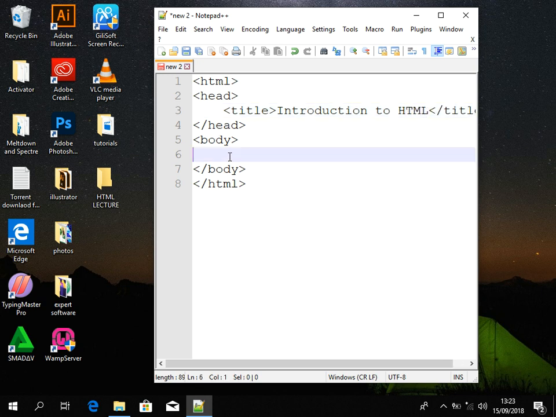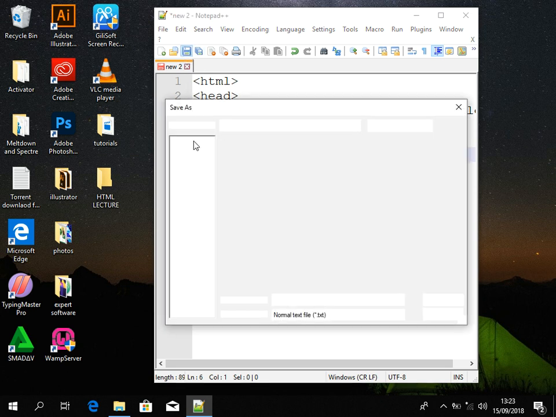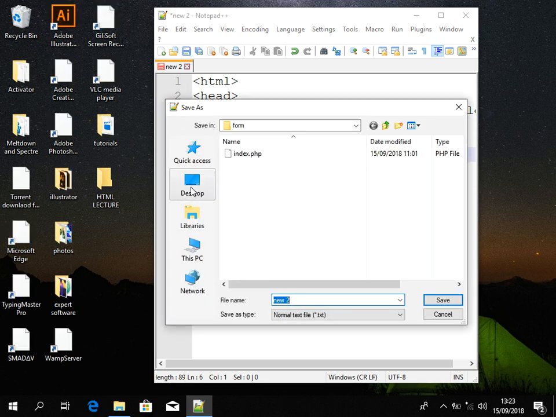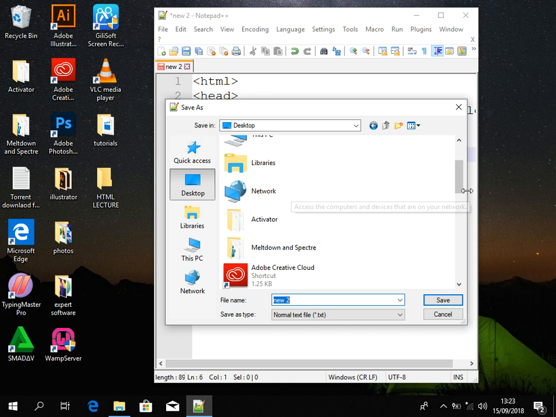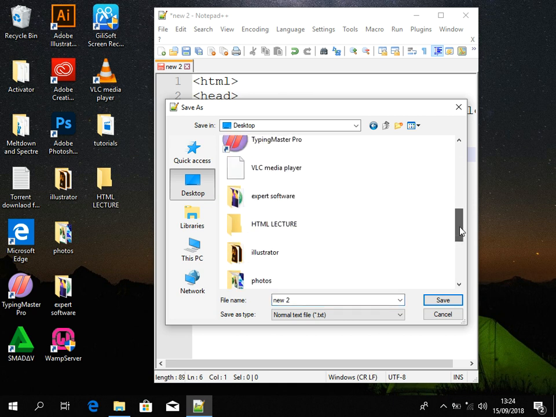And then in the body we have nothing there yet, so this file is not saved, so I'll click on this one to save all the files. Maybe if I had opened many files here that are not saved, or this if I'm saving only one. As you see, I only have one file, so I can click this one, and then on the desktop I look for this folder, so I click desktop here, scroll down, and I will find